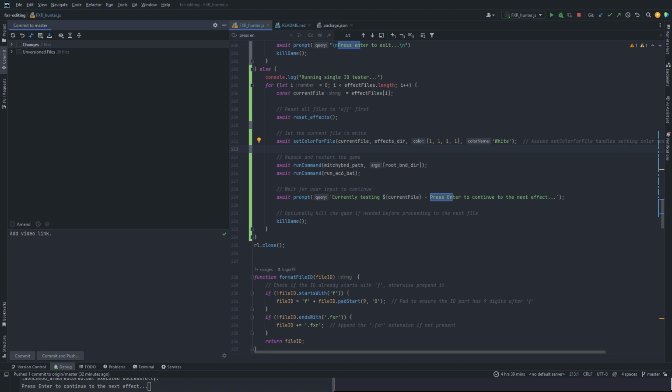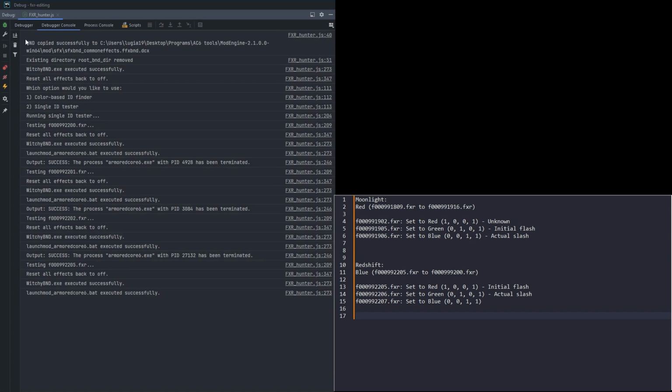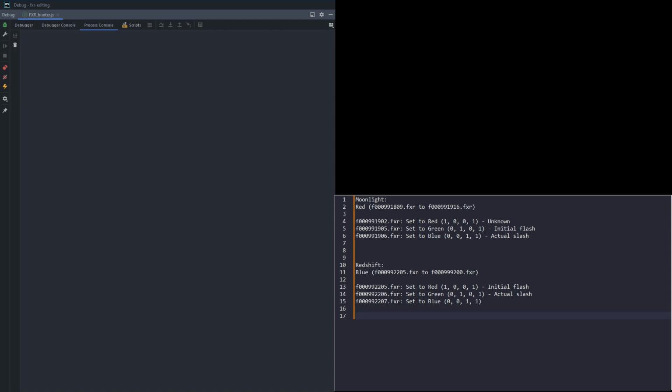So, just quickly switch over. Yep, okay, so here we go. Ignore the console, that's just output from testing I was doing before. Point is, okay, there we go, now it's clean. For example, as you can see here, the Redshift,